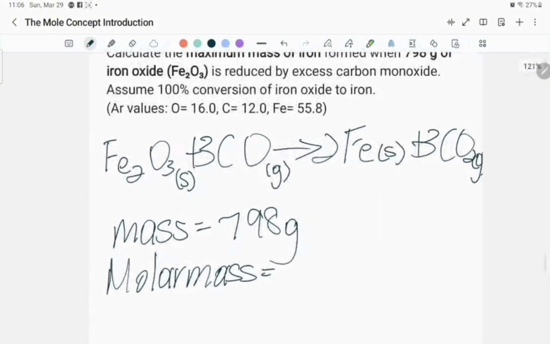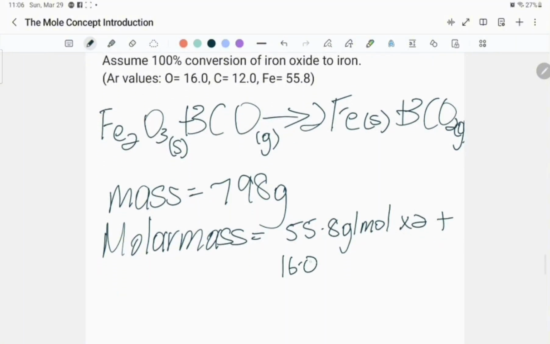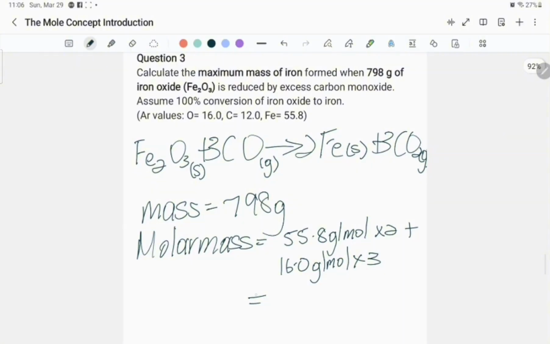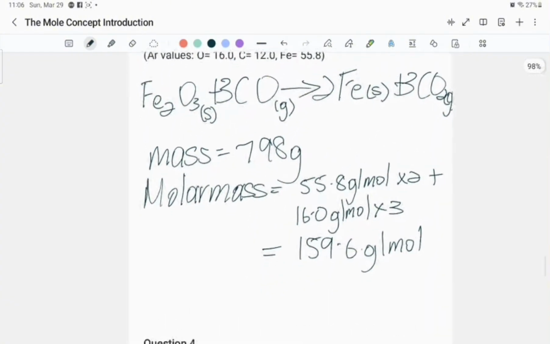is going to equal Fe, which is 55.8 grams per mole, times 2, plus oxygen, 16.0 grams per mole, times 3, right? And then your molar mass is going to be 159.6 grams per mole. So now we have the molar mass, we have a mass, we could actually calculate the